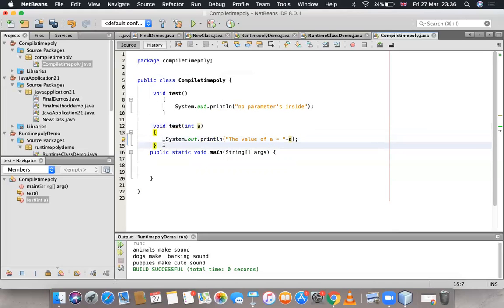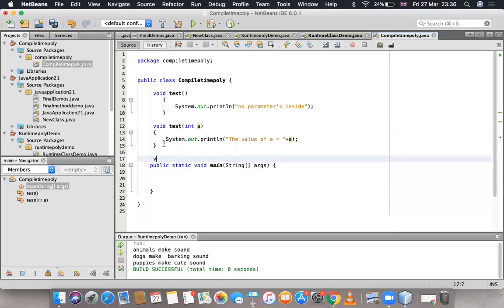Okay, then I'm going to overload with two parameters, that is void test(int a, int b).